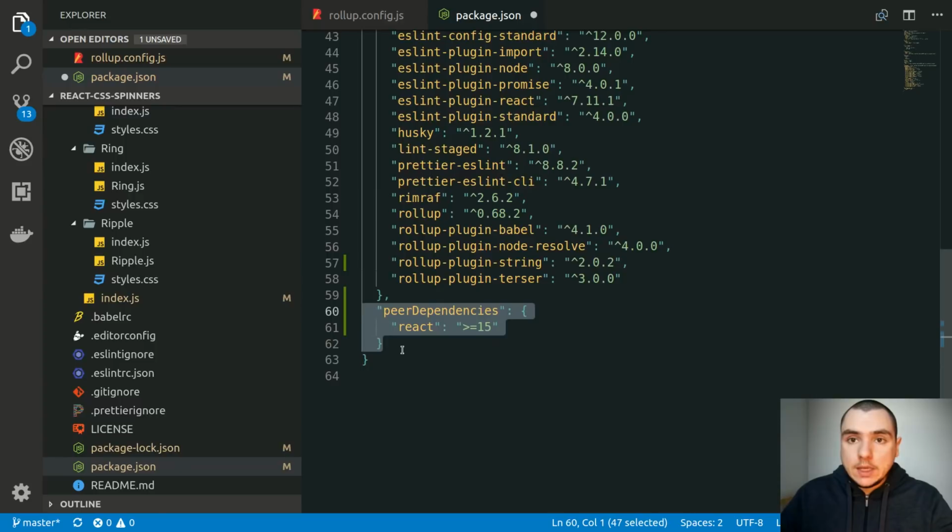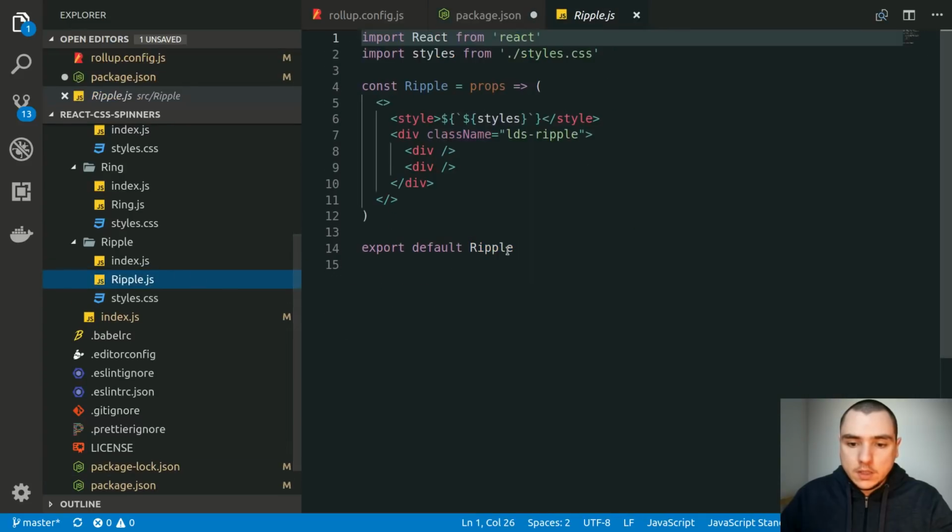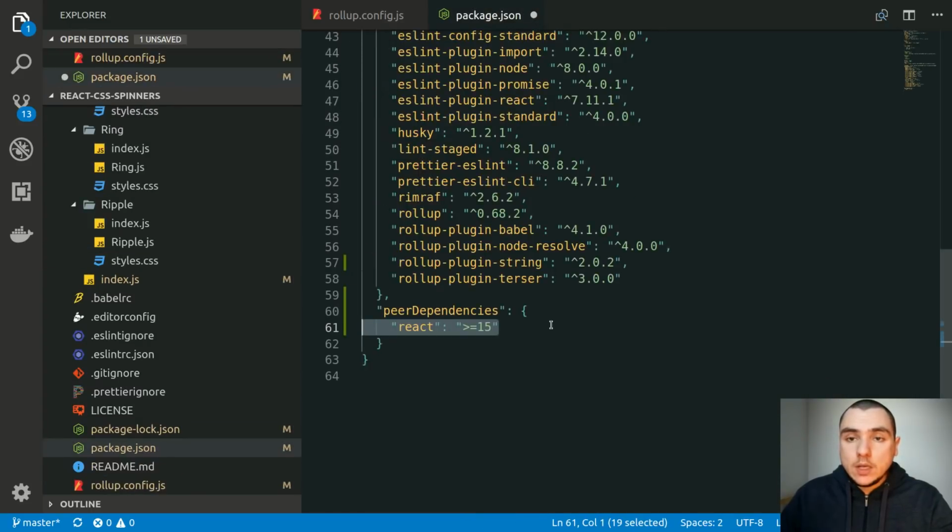So what peer dependency does is it basically allows us to verify that whoever is using the module that we are developing is also installing the React dependency. Now in this case, it's only React, but it might also be other dependencies as well, like React DOM, for example. So the peerDependencies section allows us to tell the integrator that they have to install the React dependency in order for this module to actually work. Because without React, you won't be able to use any of these components, right? So it only makes sense to add React as an external dependency, or in other words, a peer dependency.